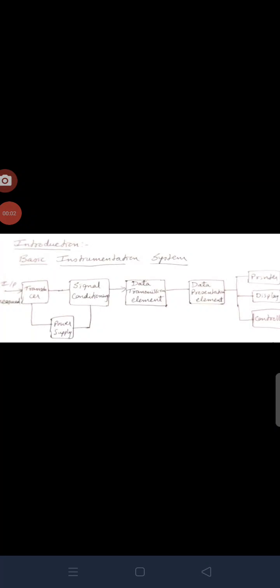Let us start the introduction part of sensors and transducers with the basic block diagram of a basic instrumentation system. In this block diagram, we have the blocks. First block is a transducer. Then comes signal conditioning, data transmission element, data presentation element, and then printer, display, and the controller. So first, the physical quantity is given to the transducer, where the transducer will convert this physical quantity into the